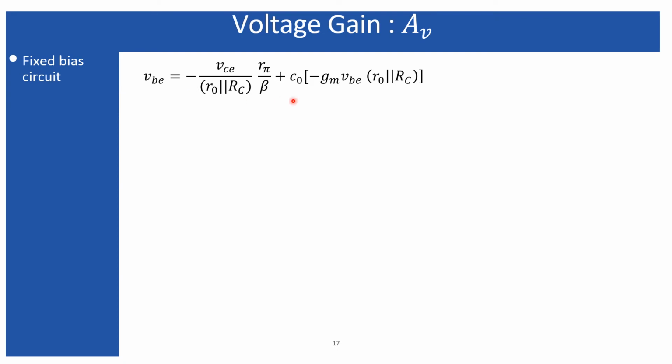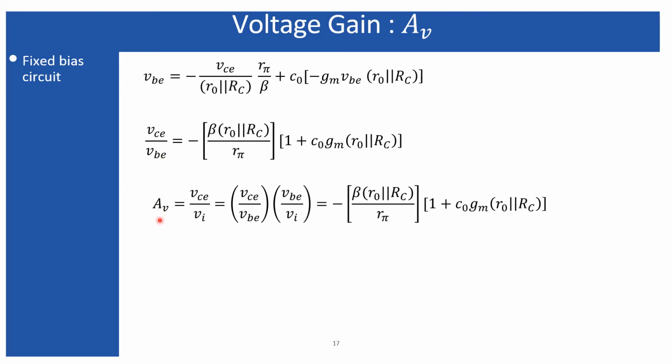look, this will be the result. From this expression, on the left hand side there is the VB, on the right hand side there is the VB, and there exists a VC. So take this part on the left hand side and take the VB common, take the ratio of VC to VB, and this expression will result. So the total voltage gain is equal to VC to VI, which is equal to this one, where VB to VI is equal to 1. We obtained that in my earlier slide, and this expression is right now equal to this one that I have obtained.